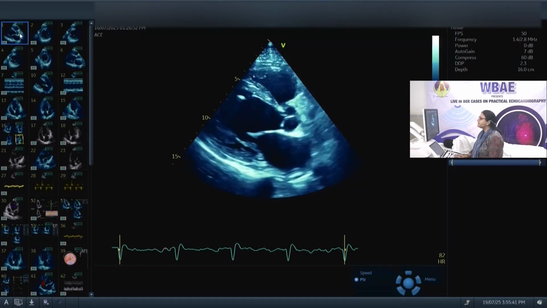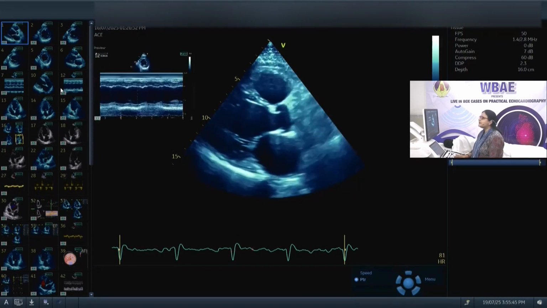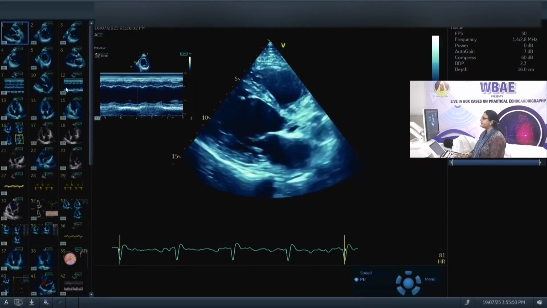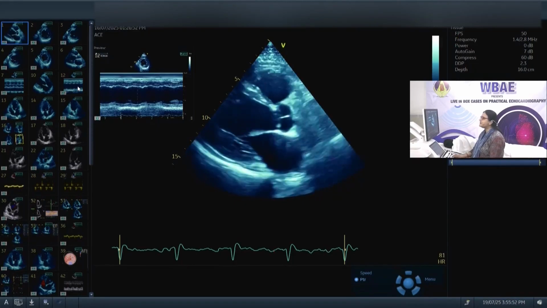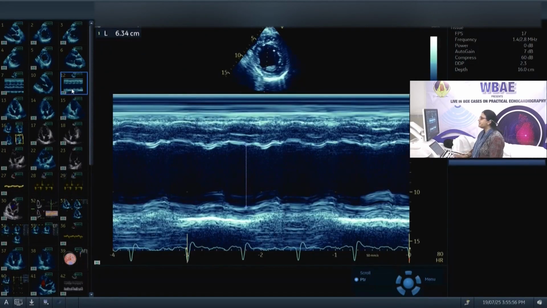reduced systolic function. His cavity is dilated, and now we are going to do an assessment for the dimension of the LV cavity and also the function of the LV cavity. So first we will try to see this patient in M mode. However, we will not do a Teichholz method of measurement. We will only measure the LV end diastolic and the end systolic dimension in the M mode.